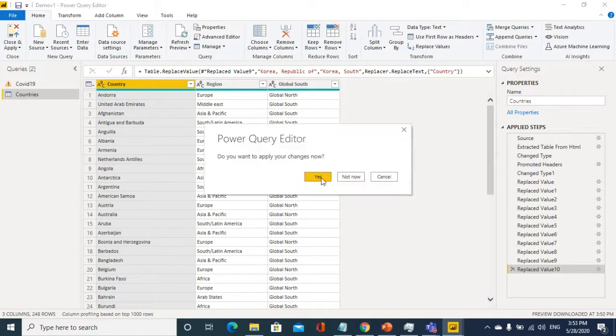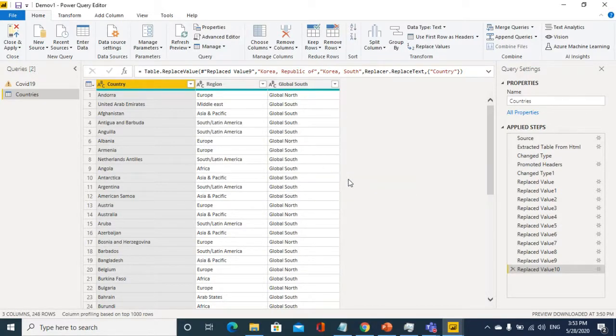Let me use the existing one. I have already imported data and that set I have.